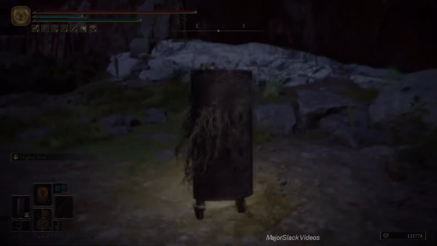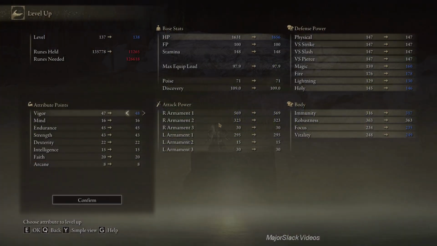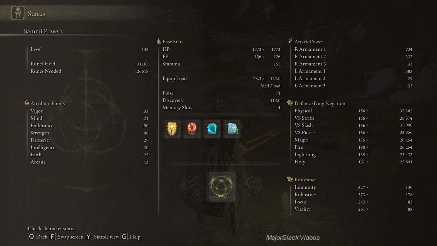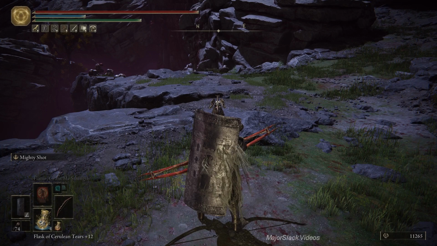So points into vigor. Done and done. Okay, so vigor is now up to 53 with the benefit of Godric's Great Rune. That means we're looking at 1,772. Very good. Alright, and that leaves us 11,000 runes. Let's go to...